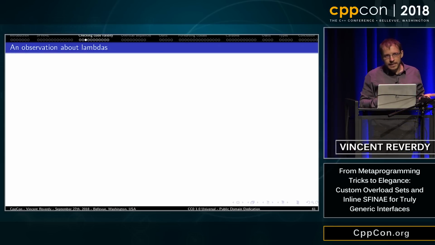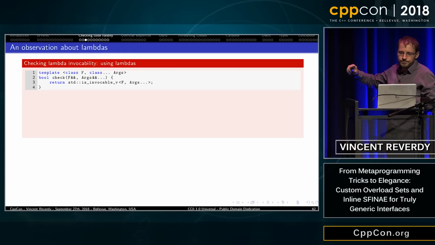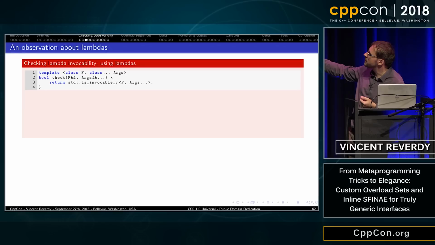To solve this problem, there is an interesting observation to make about lambdas. Let's say I have this checker function that you give a function or a set of callables and arguments, and it will check whether the function f will be invocable on these arguments.